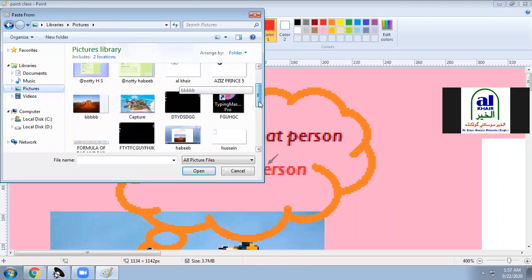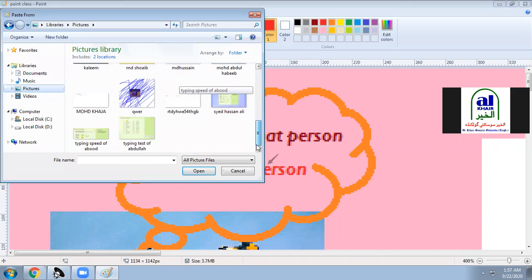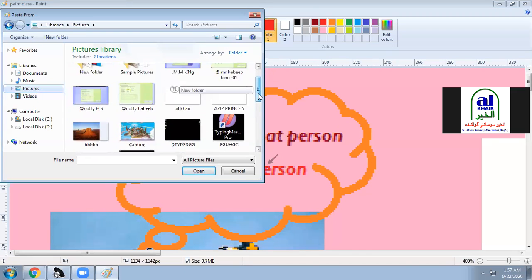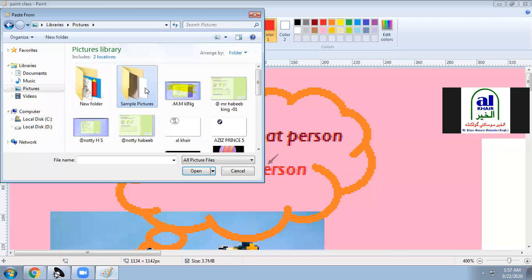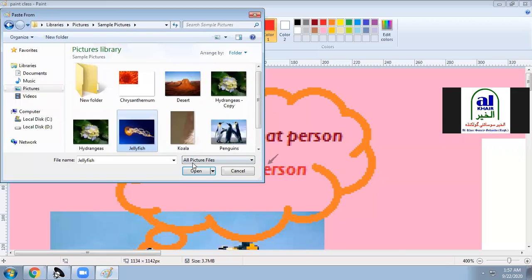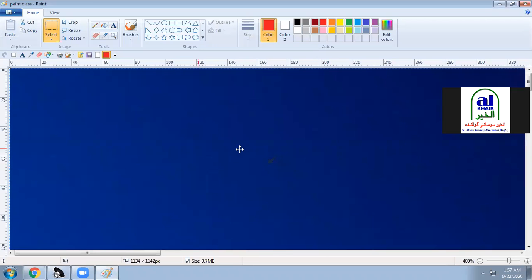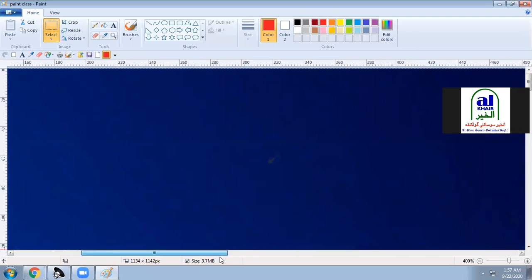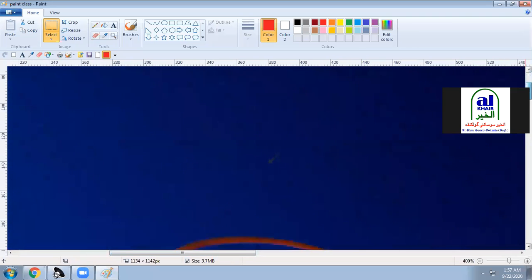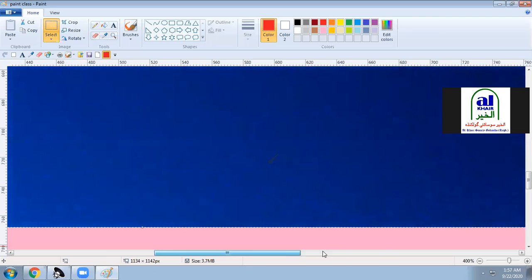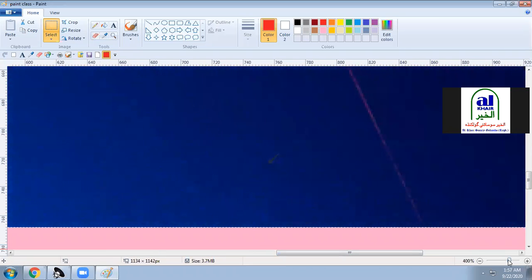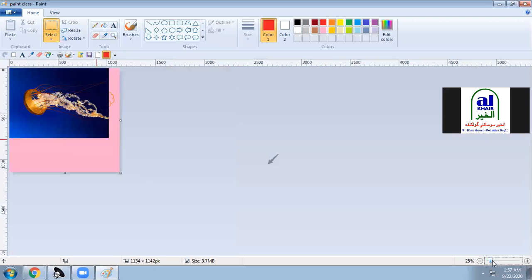For example, I will take some sample picture, jellyfish. I will select here, and I will just do OK, open. It is coming in a very big form, so I can minimize from here. Because my screen is very large, so I can minimize from here.